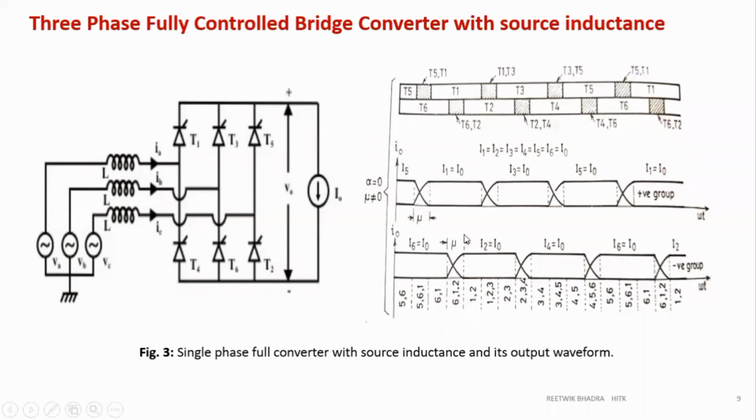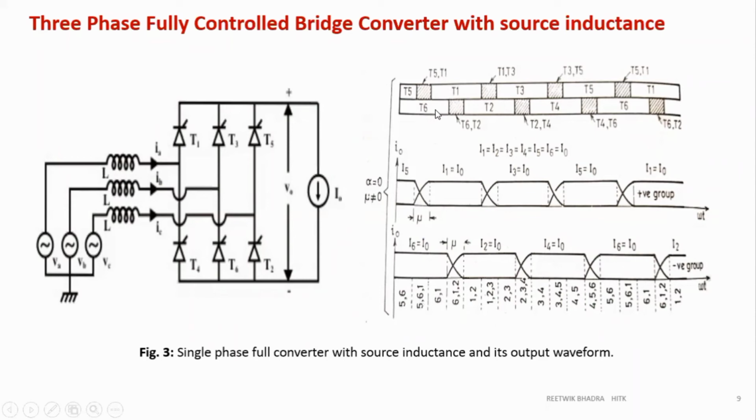You can draw all these things and find out that when your currents are constant over here, two thyristors are on, and when there is an overlap period, three thyristors are on. So you have to draw the triggering pulses, and from here you can determine. Like this over here, you see T5 and T6 is on. So T5 and T6, 5 and 6 is on. During the overlap period, 5, 1 as well as 6 is on. So 5, 6 and 1 is on.